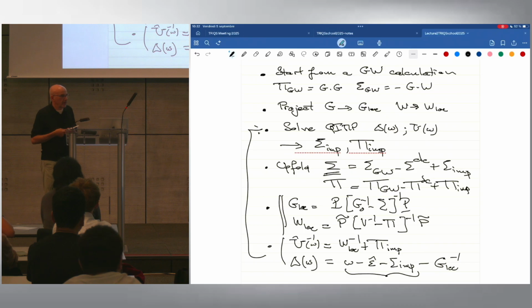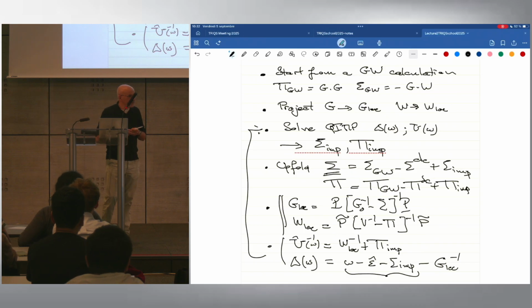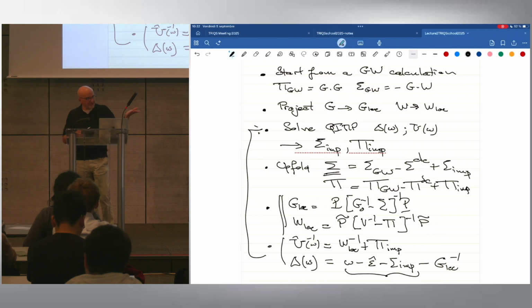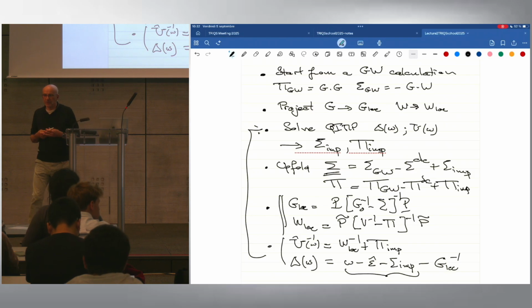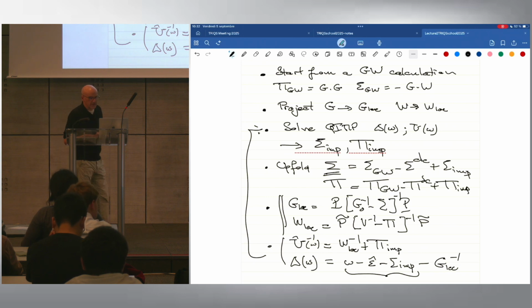Sangkook is now in Korea. And there is now a strong effort at CCQ in the framework of the Coqui code and TRIQS to implement fully self-consistent GW+EDMFT. There are a couple of other enterprises like this, but it's relatively limited